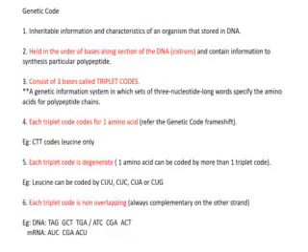Now let's continue with genetic code. What is genetic code? It is the inheritable information and characteristics of an organism that is stored in DNA, held in the order of bases along a section of the DNA. This section of DNA is known as cistrons and contains information to synthesize a particular polypeptide.